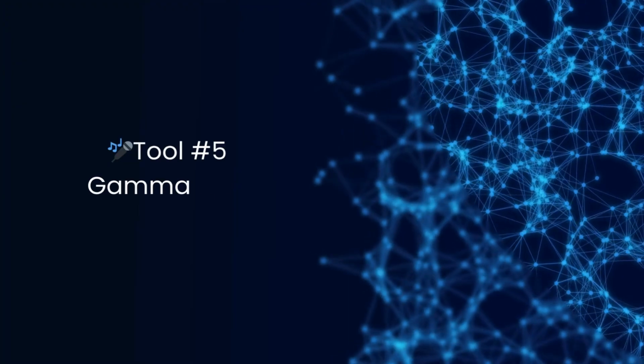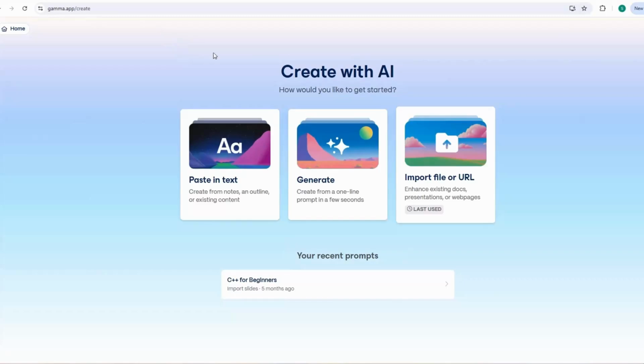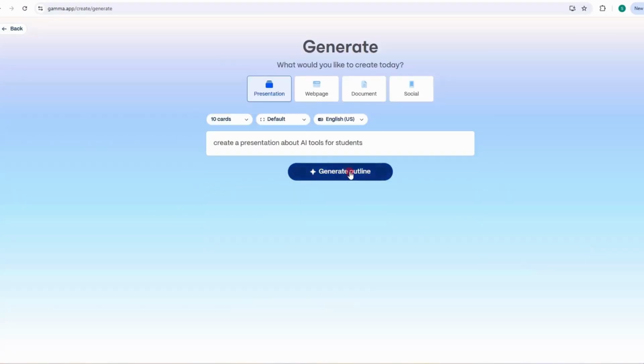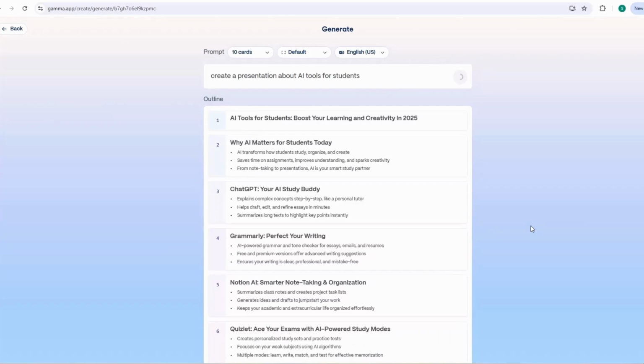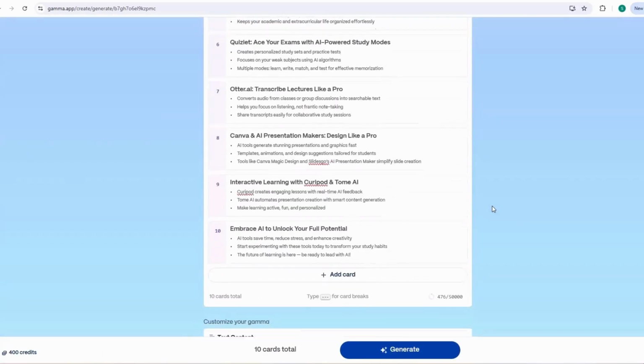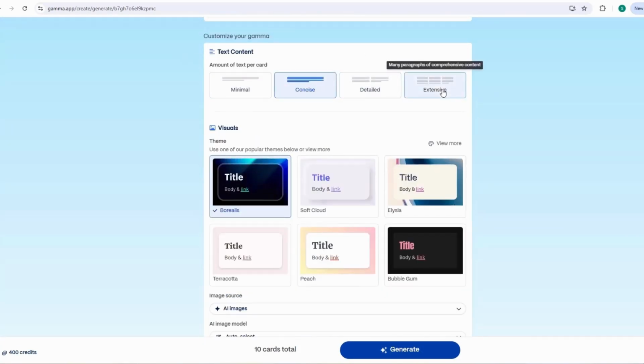And finally, the last tool, which is the Gamma app. That's your secret weapon for making stunning presentations, documents, and web pages with almost no effort. You just type what you need, like create a presentation about AI tools for students, and Gamma builds slides, layouts,